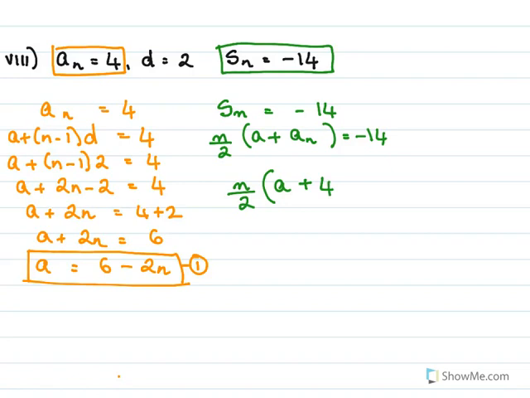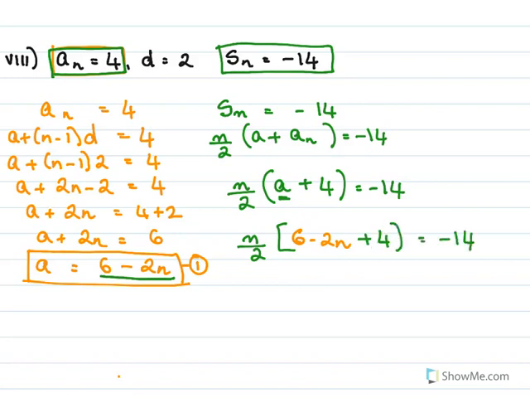N we know is 4. Here it's given an is 4, equal to minus 14, so n by 2. Now for this value of a here, I'm going to put 6 minus 2n, because that is the value of a, plus 4 equal to minus 14. So n by 2, here we'll have